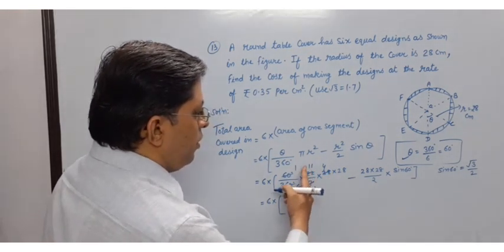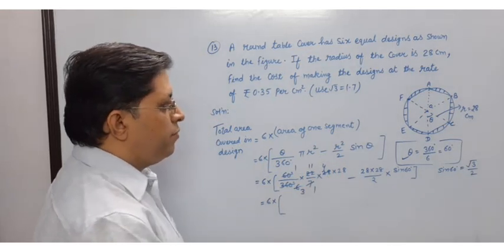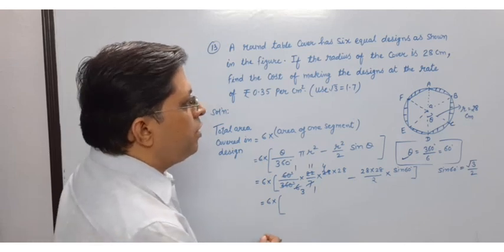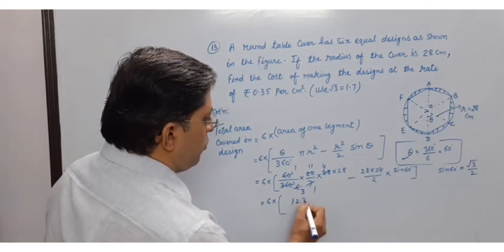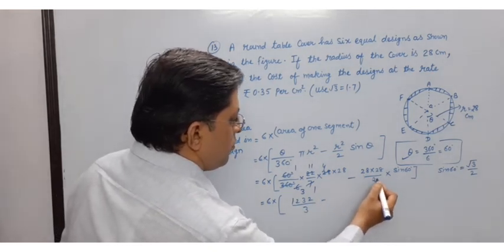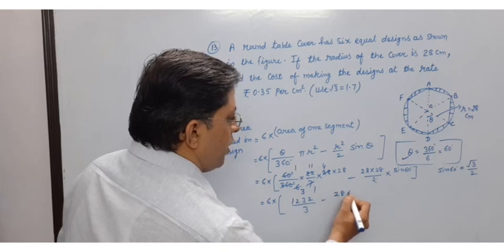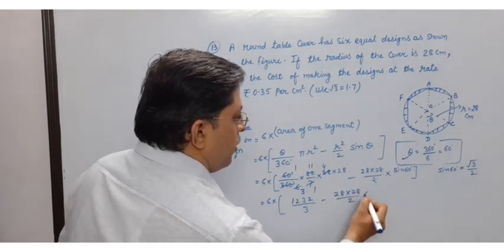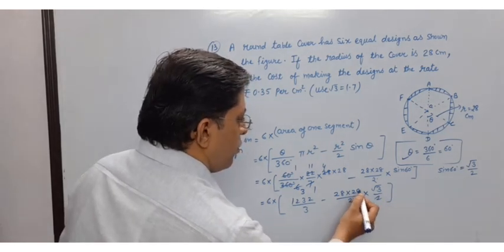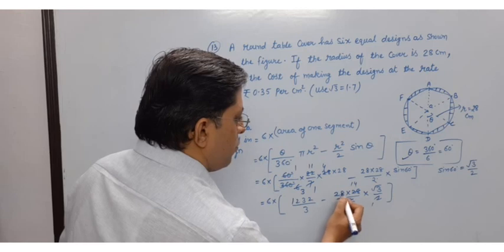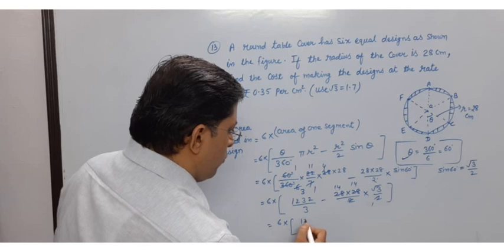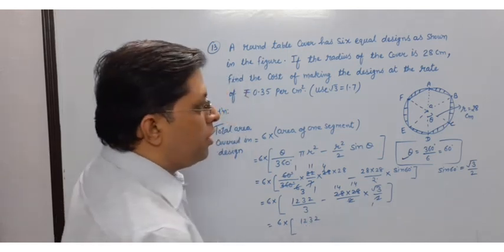What is coming? 11 into 44 into 28. Okay, 44 into 28, it will be 1232 upon 3. Here one time you write as it is, and the value of this is root 3 by 2. Now we are going to cut. 2 1s are 2, this is 14. 2 1s are 2, this is 14. So 6 into 1232 upon 3